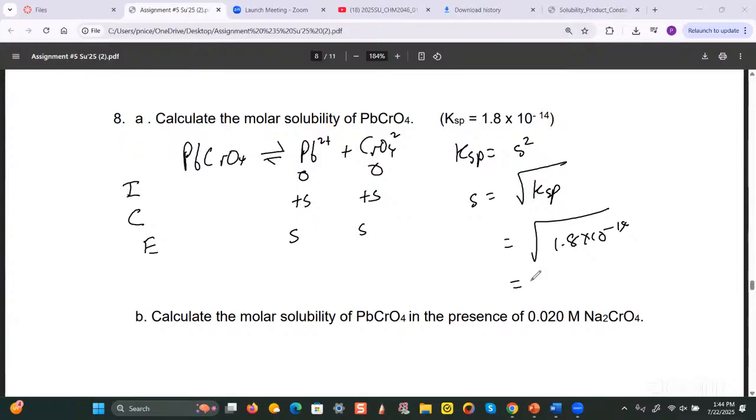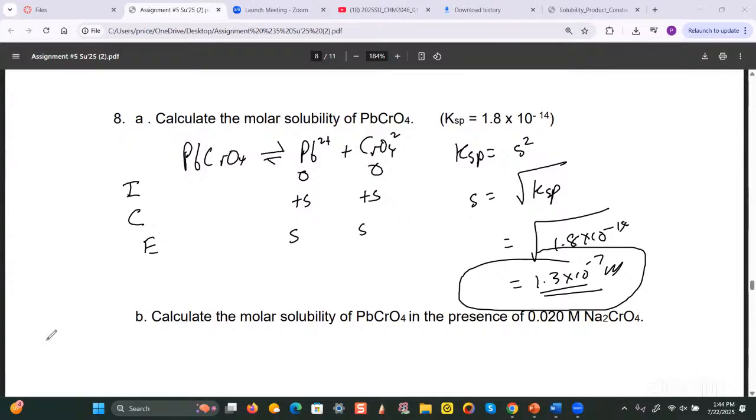So that would be 1.8 times 10 to the minus 14, and then I find the square root of that. According to my calculations, this works out to be 1.3 times 10 to the minus 7 M. All right? Any questions about that? Okay, keep this number in mind. Now, the next part is asking for the molar solubility of the same compound in the presence of 0.020 M